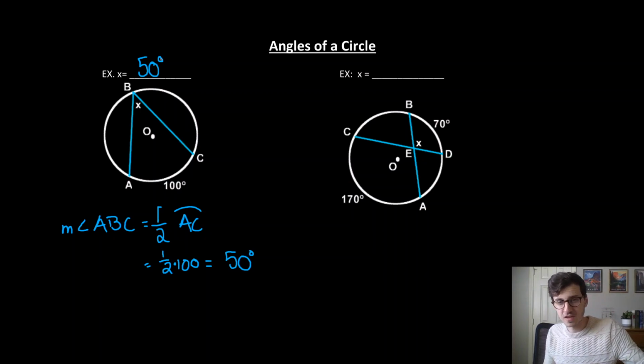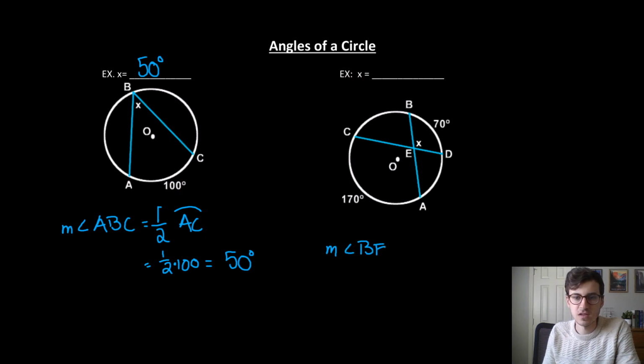Now, with this example, we've got two chords intersecting in the middle of a circle. So this is a chord type angle, right? Now, okay, how do I find that? The measure of angle BED, which is X, is equal to the average of these two arcs, right? Is equal to arc BD plus arc AC